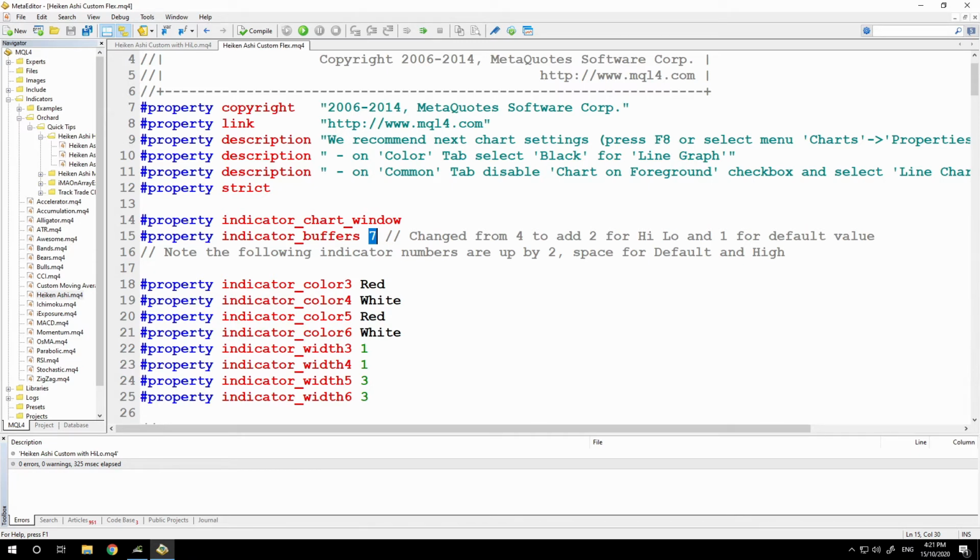And that means that all of these numbers have been moved up. And the reason I've moved them up by 2, even though I'm only adding in one default value, which will appear at the top of the list, is because the Heikin-Ashi indicator is drawn by using histograms. Histograms work in pairs of values, and those pairs must begin with numbers 1, 3, 5, 7, and so on. So in order to have the histograms still appear correctly, I have to move everything by 2, and I'll show what I've done to achieve that.